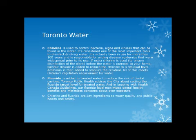In Toronto, the water has chlorine and fluoride in it. In Toronto's water, chlorine is used to control bacteria, algae, and viruses that can be found in the water. It's considered one of the most important tools to disinfect drinking water. It's actually been used for more than 100 years and is responsible for ending disease epidemics that were widespread prior